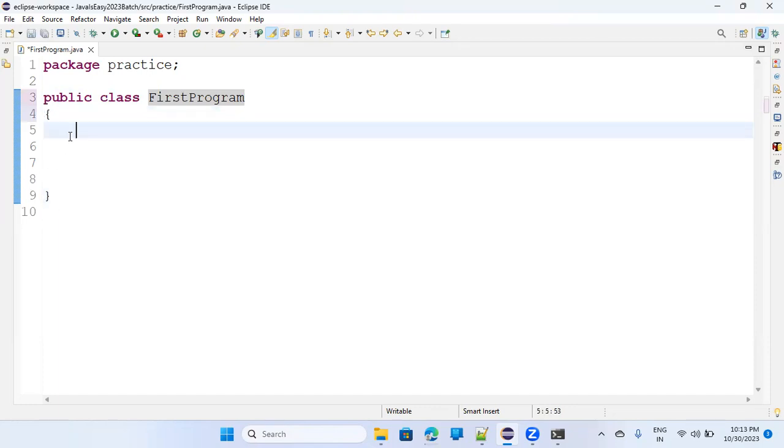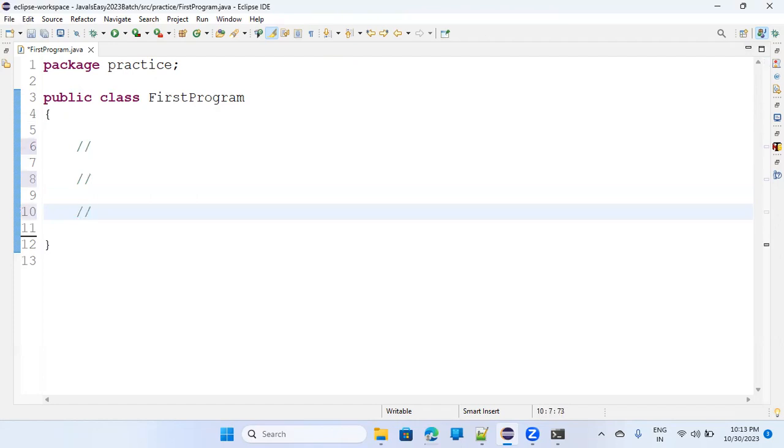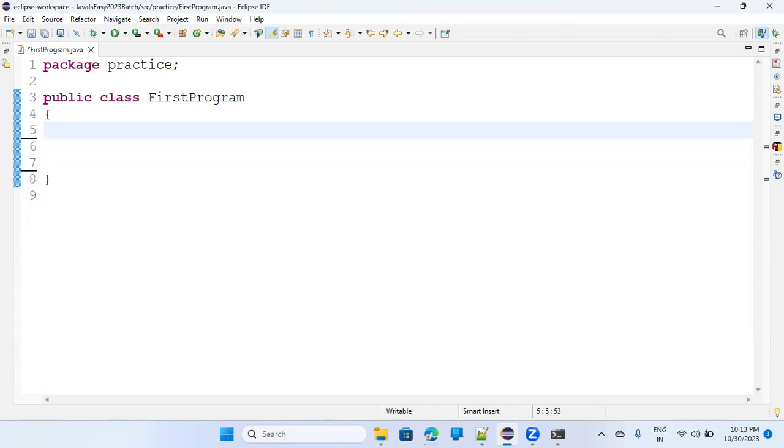Now, when you run this program, Java will search for your main method. Your executor should know from where to execute. There may be multiple lines, right? See here, this is also a line which will be executed. This is also a line. But there should be some starting point of execution, right? So that is the main function. The main function is written like this: public static void main(String